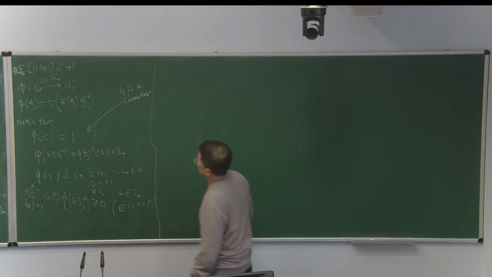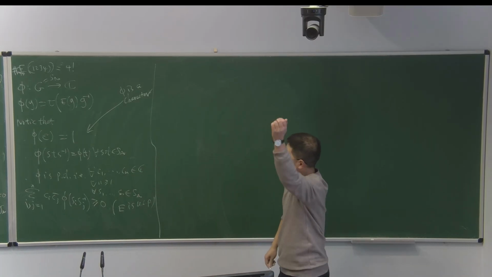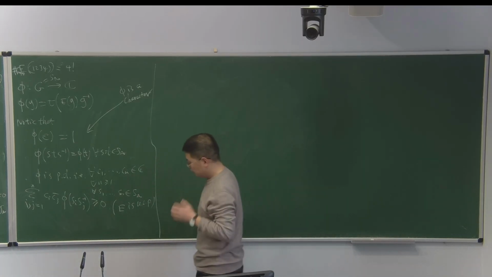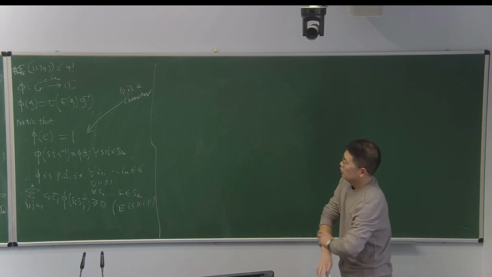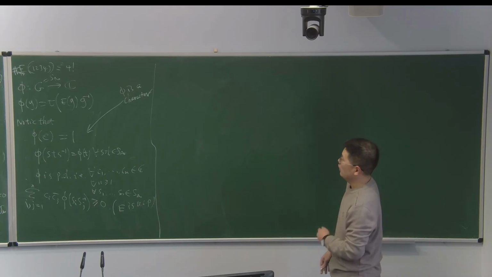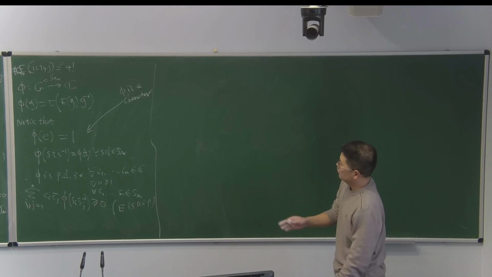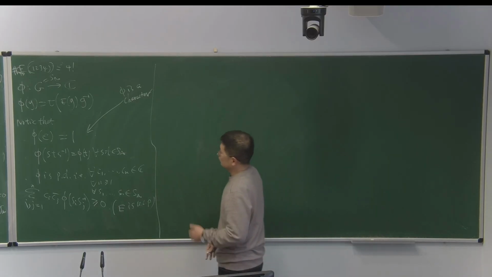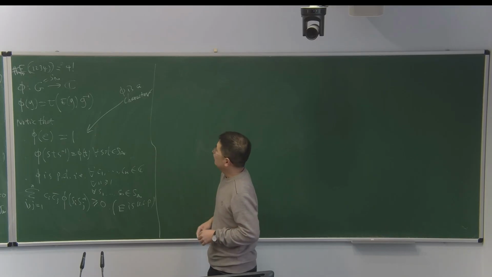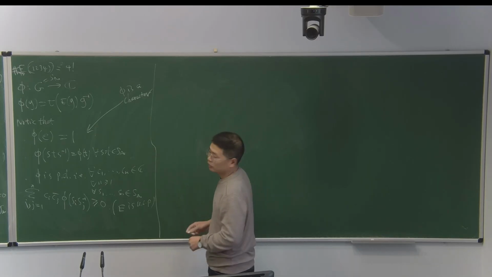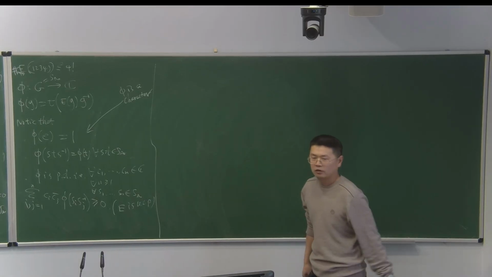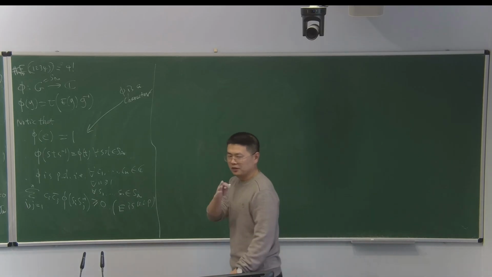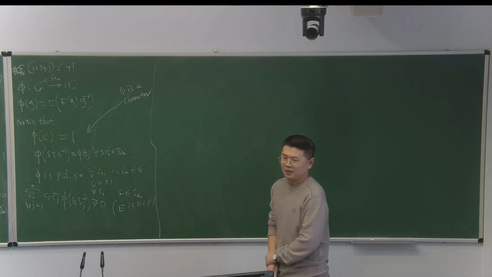Phi is the character in this talk. Just like invariant measures in dynamics, we know that invariant measures can be written as an integration of ergodic invariant measures. So characters can be written as an integration of so-called indecomposable characters. And I think Professor Becker will mention this in his lectures.